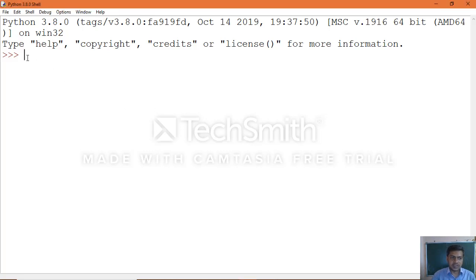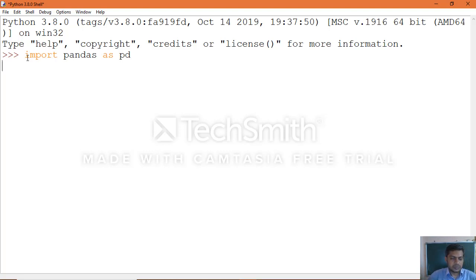Now we'll start with the example. First we need to import the pandas module, import pandas as pd.